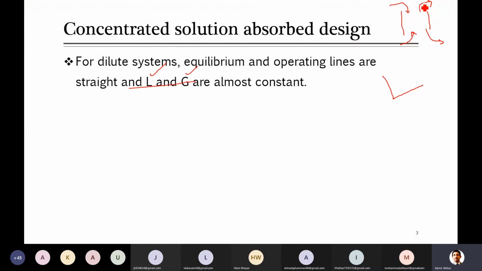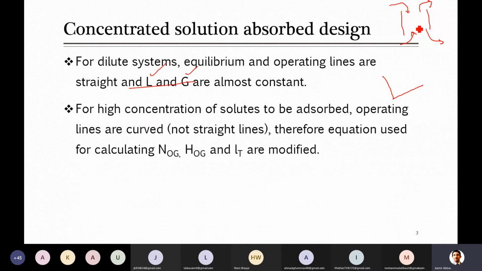So it means that when you are dealing with a concentrated system, anything which is transferred from the gas to the liquid, as you keep on moving towards the top of the tower, the amount of gas, or flow rate of this gaseous stream, will decrease, will become less. The reason is that some of the components are transferred to the liquid, while the amount of the liquid will keep on increasing because it has absorbed that component. Due to this, the equations which were earlier discussed will not be valid. So you have to look for some more information, some more equations.